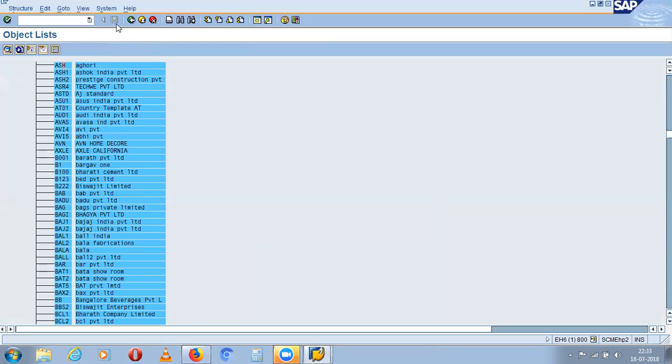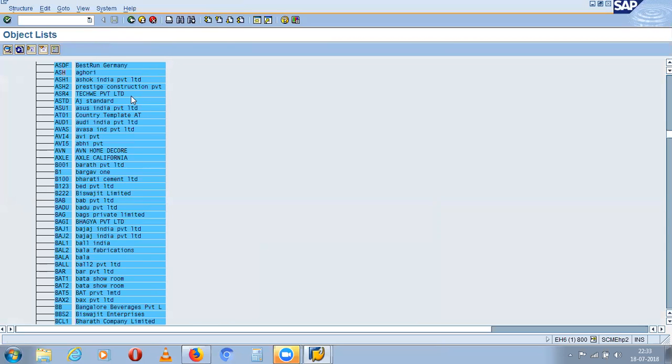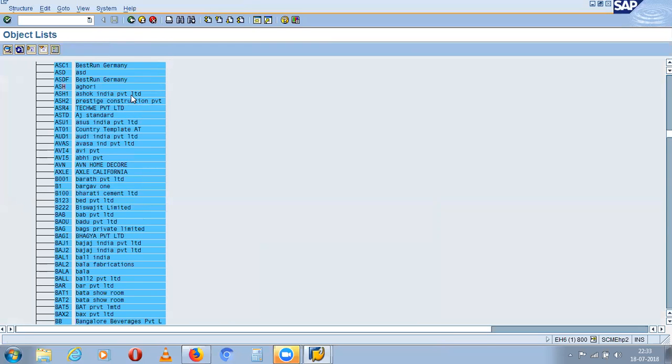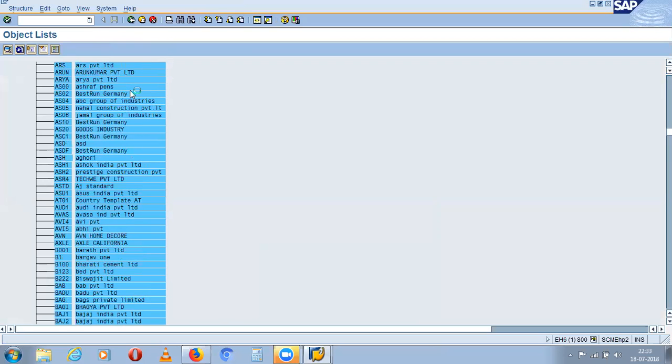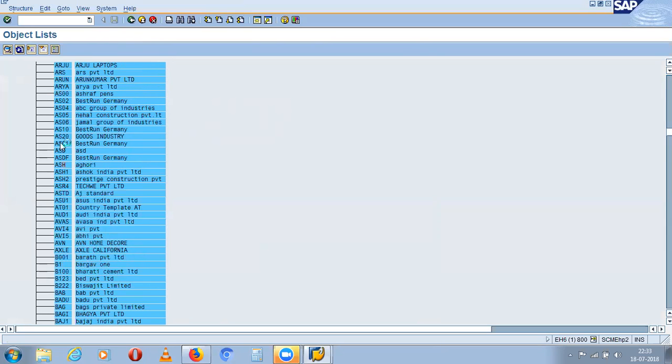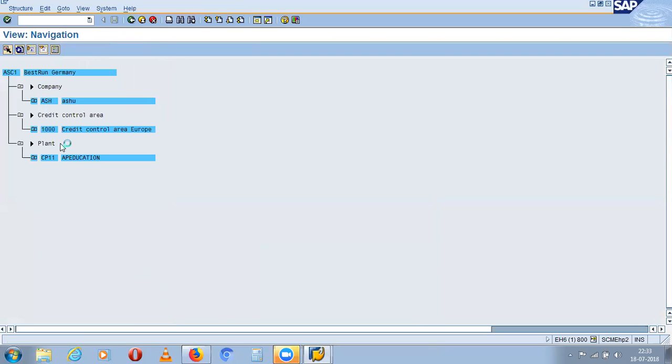Scroll up. Click on ASC1. But ASC1 we have given for the company code, and under the company code your company is getting listed, that is ASH, and you have CP11 plant.